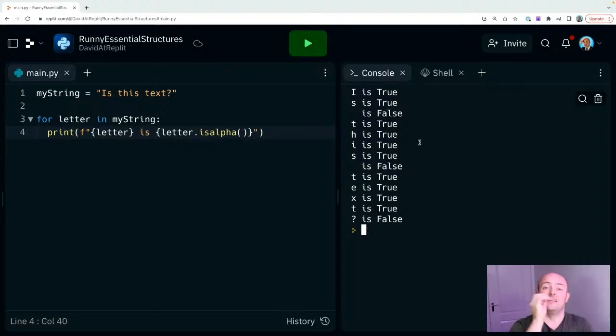Now, there is an issue with that. If you look at the output on the screen at the moment, hopefully you can see what that is: spaces, as far as it's concerned, are not letters. Okay, you might say, we'll ignore spaces. Yeah, well, what about the question mark at the end? Technically, not a letter, but would be considered text.